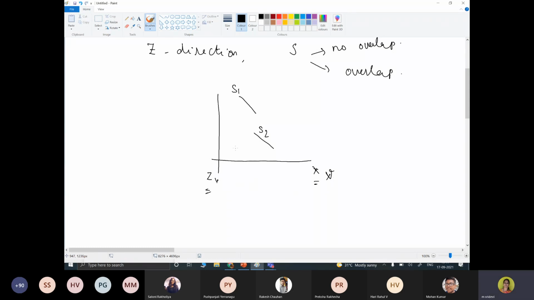It's not overlapped with respect to Z, so you can see that the Z values are different for these surfaces.